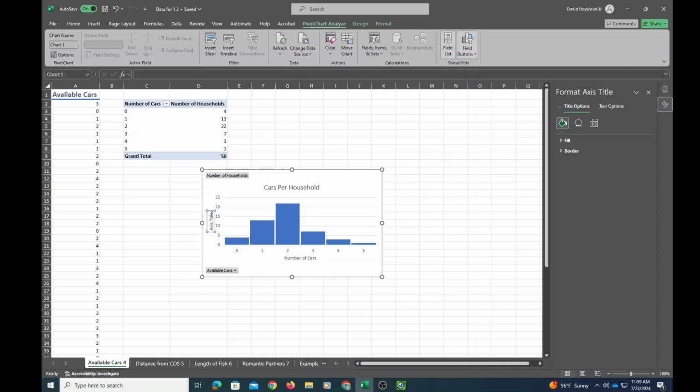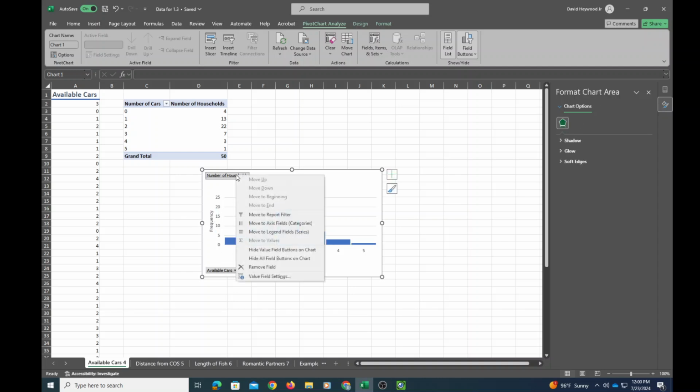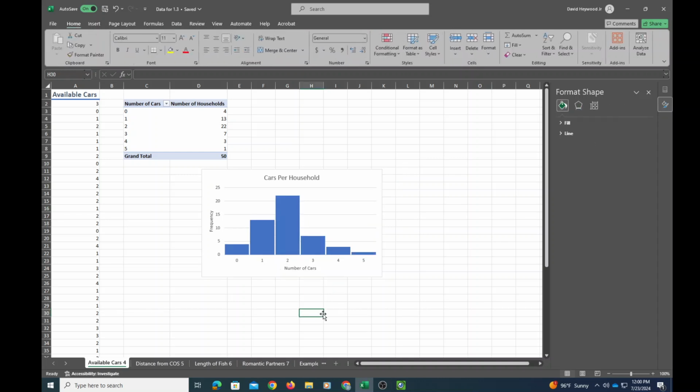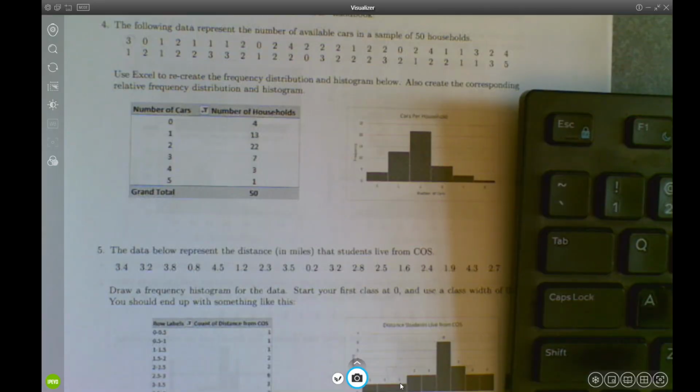We can call this the frequency or number of households or something like that. We can also hide these buttons. And there you go, right? There's a nice looking histogram for number of cars per household. Okay, so looking at the next one,